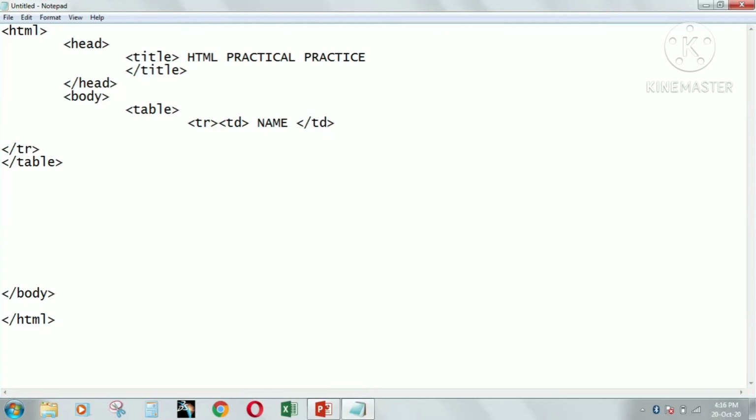Name. If we want to add a second entry, again TD, as we have done in the list, it is similar to that. But here we are creating a table, so entries will be in a row or column. Close the TD tag.